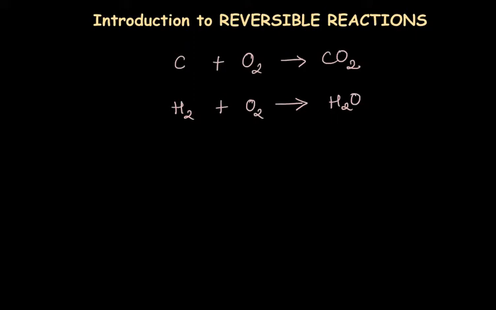If we talk about some chemical reactions, say for example carbon reacting with oxygen to form carbon dioxide. Now if we take another example where hydrogen gas reacts with oxygen gas to form water molecules. Now I am not writing a balanced equation here, but what I mean to say is that when we take some amount of carbon and fully burn it with oxygen, then all the carbon tends to react to form carbon dioxide, that is, all the reactants get used up.